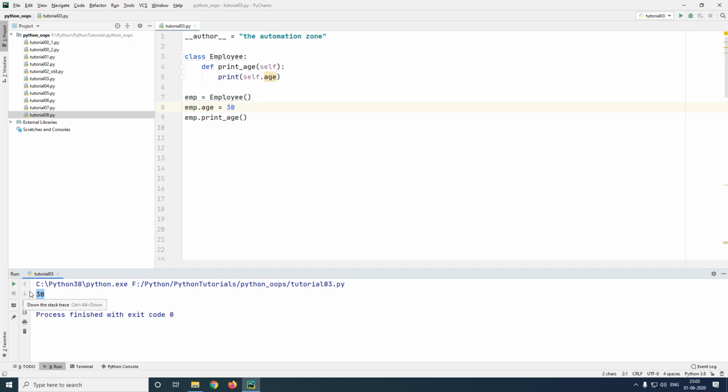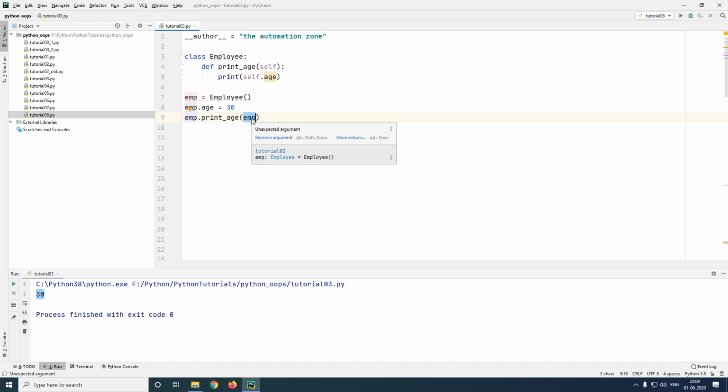So what's happening here? You see, whenever you call a method of a class, the object is passed automatically inside it as your first parameter. Let me repeat. The moment you call a method of a class, and printAge here is a method of a class, when printAge is called, the object called employee is passed in as the first parameter.